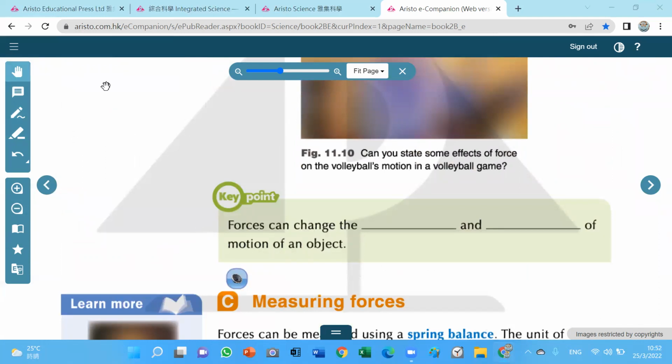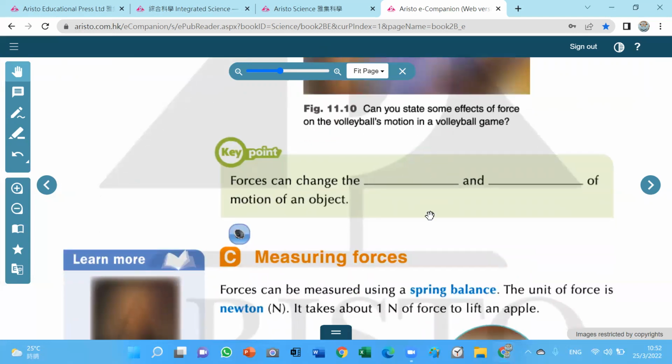Can you tell the difference between motion and force? Okay, so force can change the